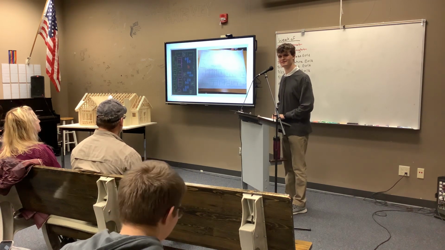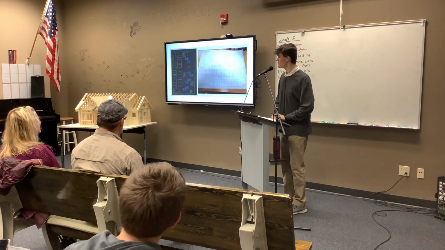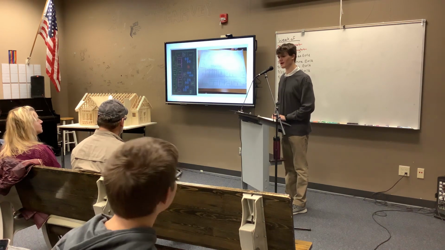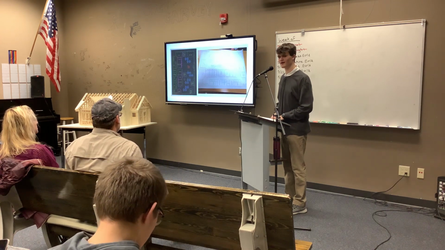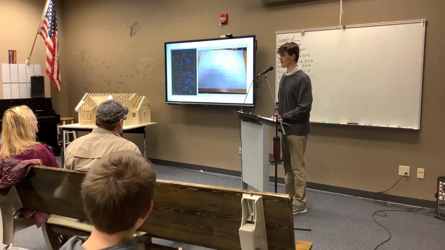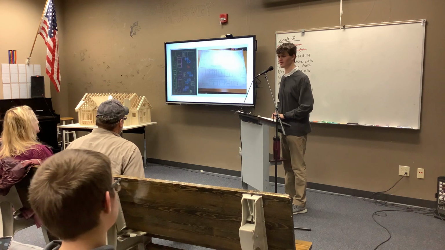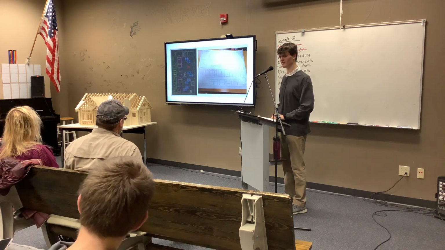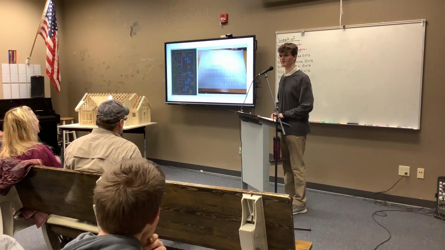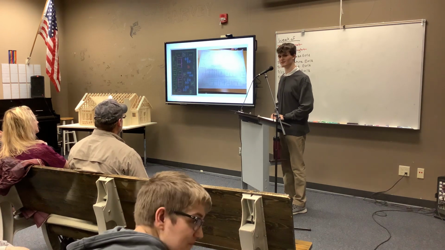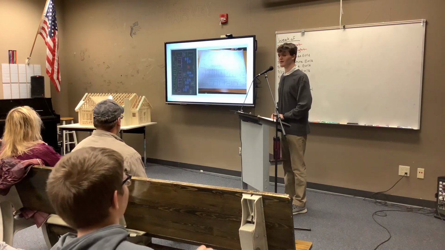Jake, could you share a little bit about the process of that particular model that you built this year? Beginning to end, how long did it take? Well, first I went on AutoCAD and created a whole design, elevation views and all the different necessary parts of that. Then my dad got a pallet from his work, and we cut down 1/2 inch thick by 4 inch rectangles, and then cut them on a table saw so they're 1/4 inch thick. Then we created different molds so we could easily replicate the roofing, and used spacers to make sure all the walls are the correct distance apart. We used a lot of nails, a lot of glue.